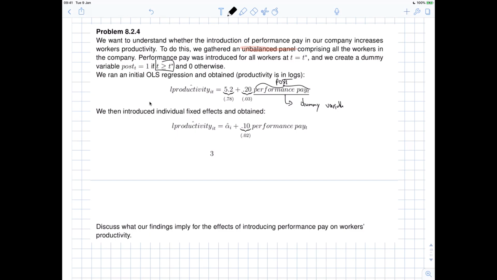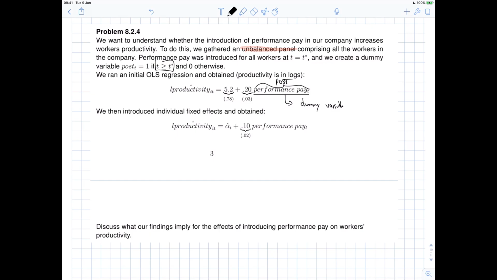Now, remember it was an unbalanced panel, so some individuals would have dropped out, but some individuals would have stayed. This half of the classroom is still staying. Now, imagine I do a regression on just this half of individuals and I see how performance pay has affected them over time. What I notice is that controlling for the individual, controlling how good that particular individual is by looking at their performance, especially if I'm able to observe it over a long period of time,